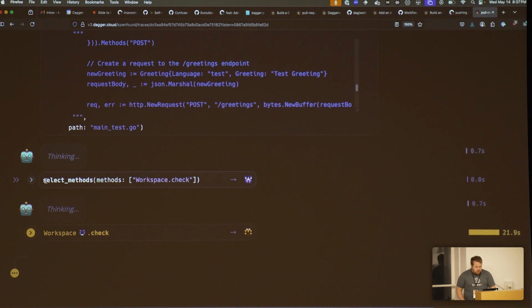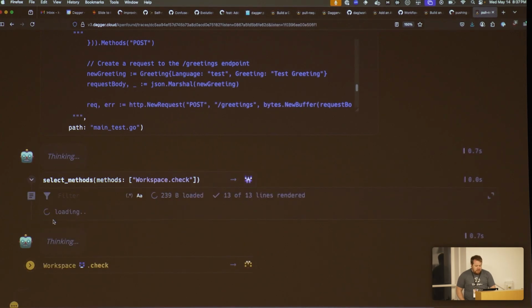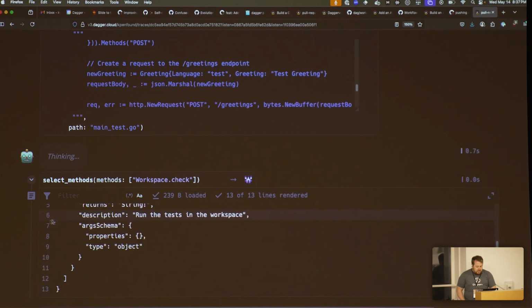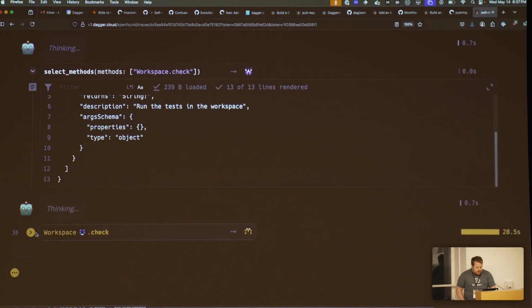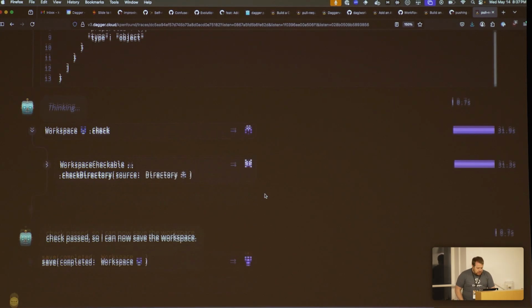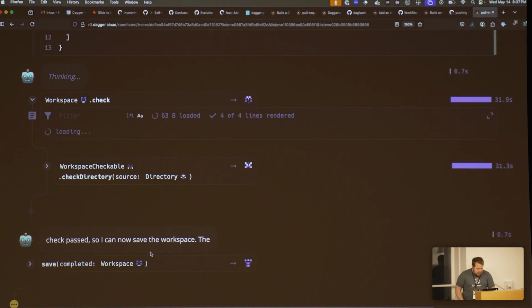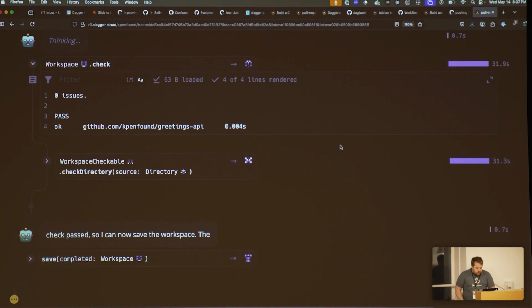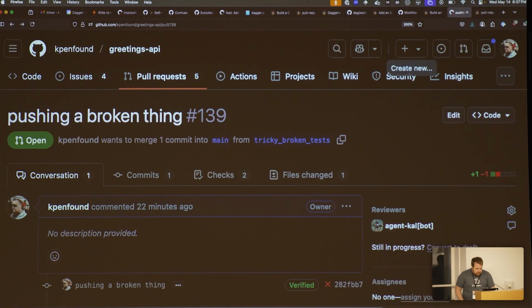And now it's actually running workspace.check. So this is our actual test function that runs in CI. And if this passes, then it's going to push those changes back to our pull request. So let's watch this. Looks like it says it passed. And so if we go over here,